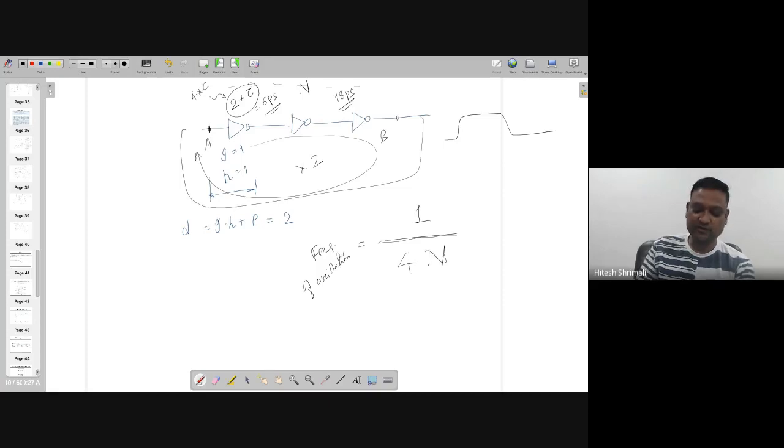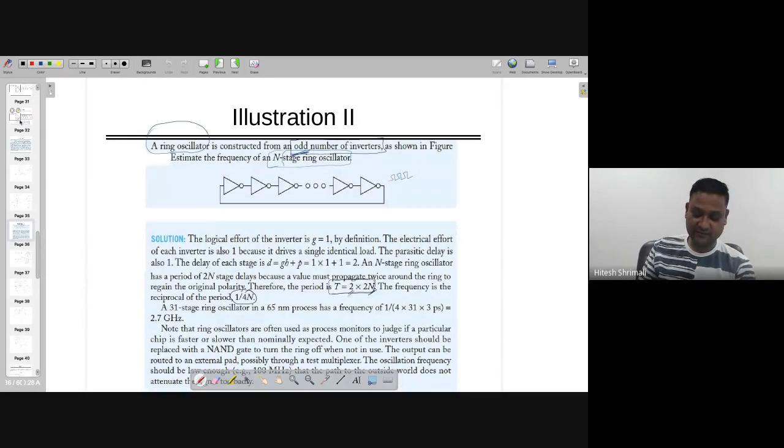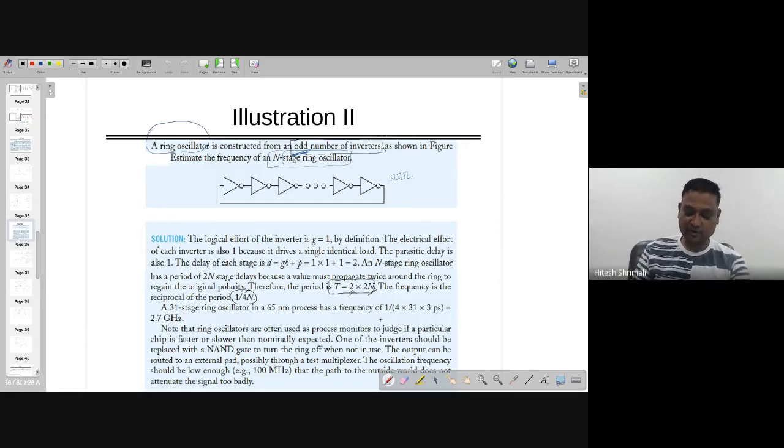This is a very popular question. Most people are asked this in interviews also. You have to assume what the time constant is and accordingly give the answer, or sometimes the time constant will be given to you, or the propagation delay from one point to another point will be given to you. You have to tell what will be the oscillation frequency. So in that case, you can give the answer easily, right? So here some examples are given, and you can go through them. When you read this, you will understand what exactly this is meant for.